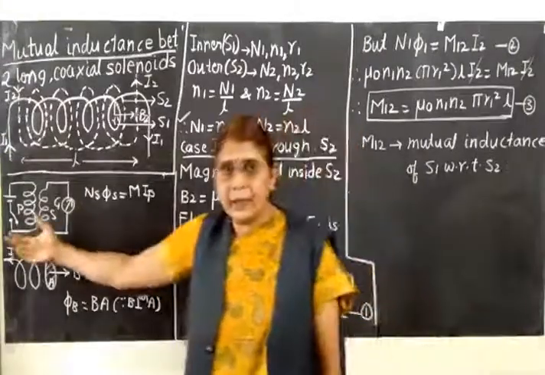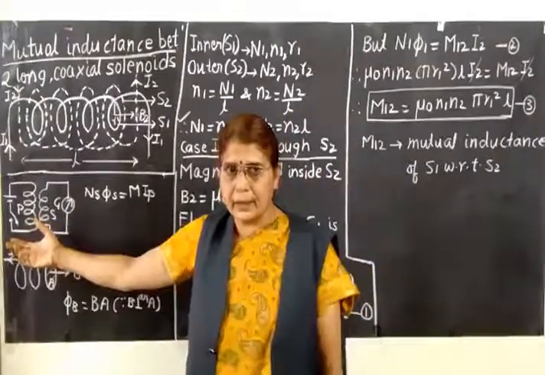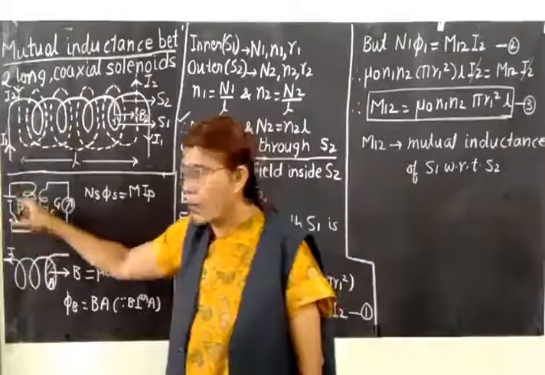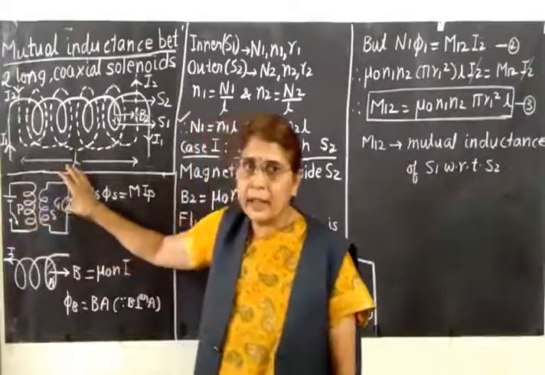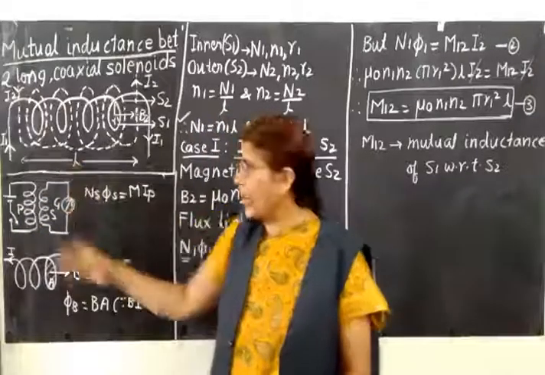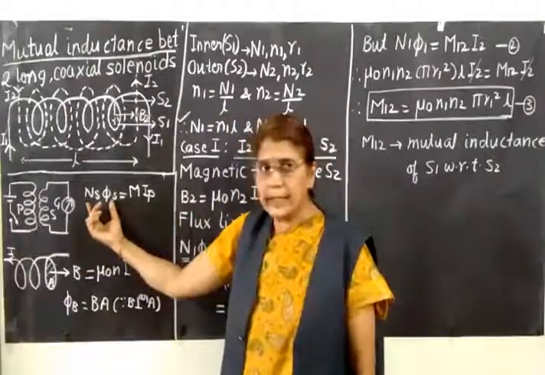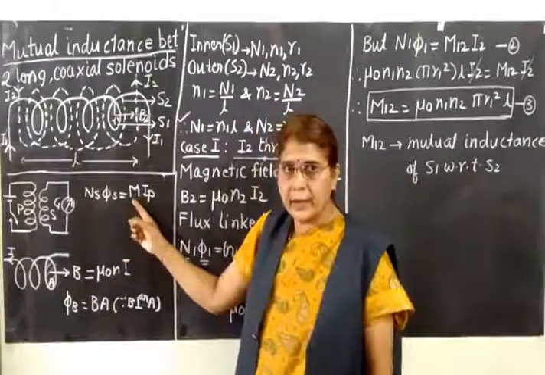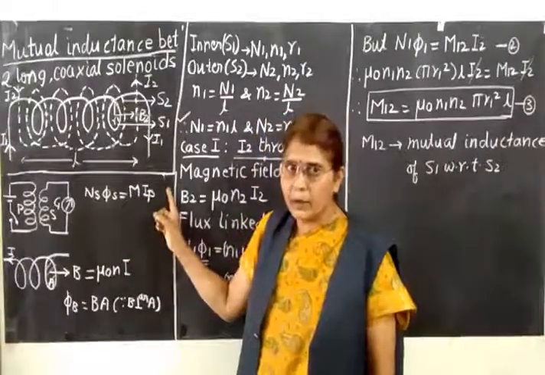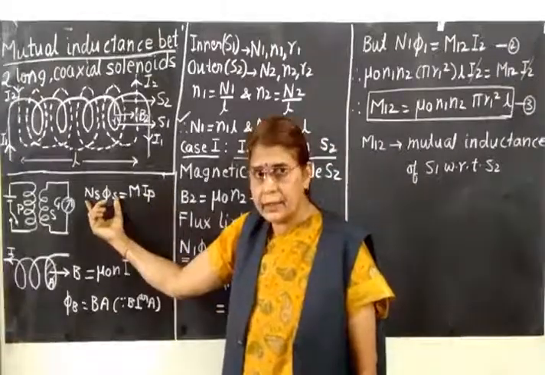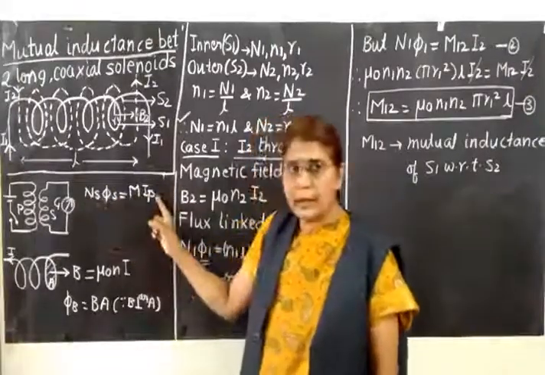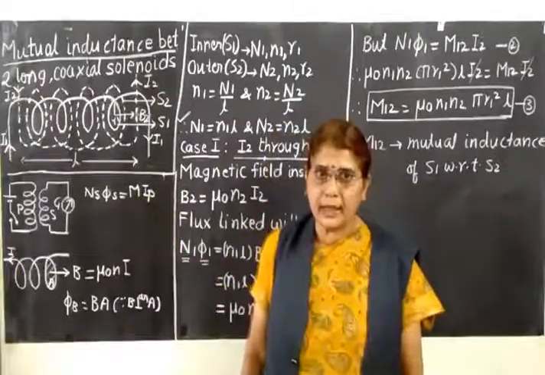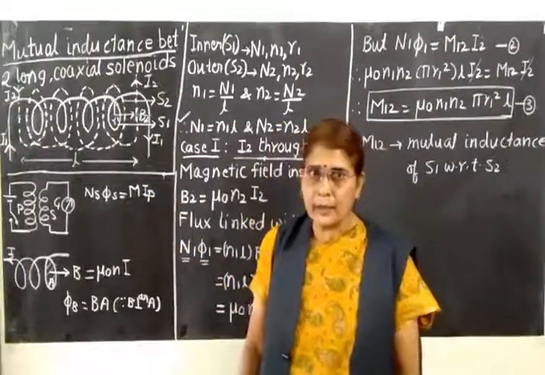We had seen the phenomenon of mutual induction. For mutual induction, you need two coils. You pass current through one coil, then the flux linked with the other coil changes. So we had an equation like this. Flux linked with the secondary coil, Ns phi s, is equal to some constant M into current through the primary coil. So this is flux linked with the secondary coil and Ip is the current through the primary coil. M is a constant. We call it the mutual inductance between the two coils.